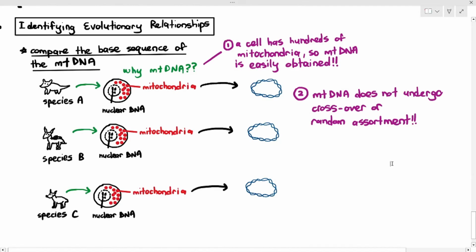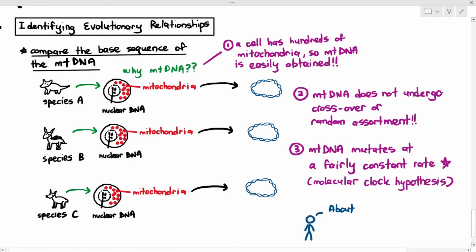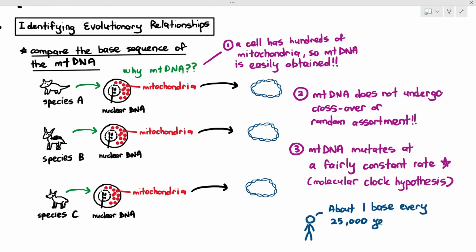And the third thing that makes mitochondrial DNA a suitable molecule for comparison is the fact that mitochondrial DNA mutates at a fairly constant rate. This is referred to as the molecular clock hypothesis. Now, you don't need to go into the detail of this and you don't need to memorize the value, but on average, there is an assumption